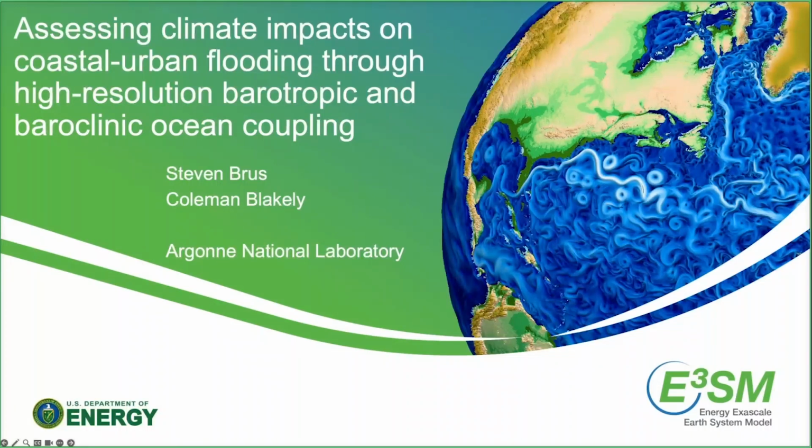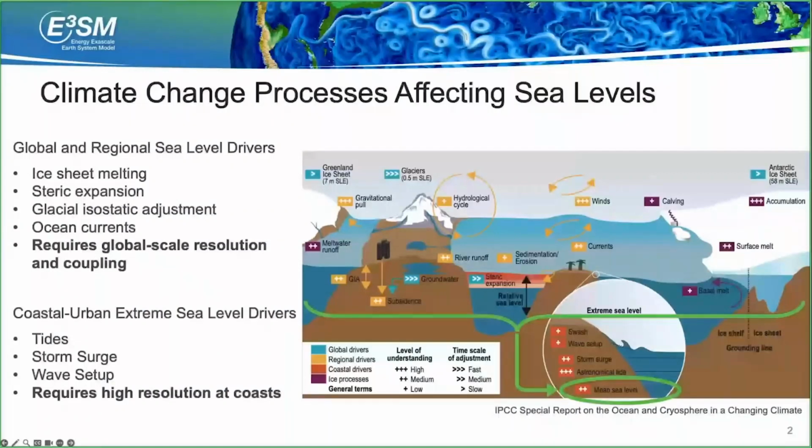So as I mentioned, there are lots of global drivers of sea level change and variability that require global scale models and coupling to other Earth system components. Things like the large-scale ocean currents, atmospheric drivers, the hydrologic cycle, fluxes of meltwater runoff from ice sheets and basal melting under ice shelves. These types of processes all determine the regional mean sea level, on top of which extreme event processes like storm surge and wave setup and the astronomical tide all combine to influence flooding in a